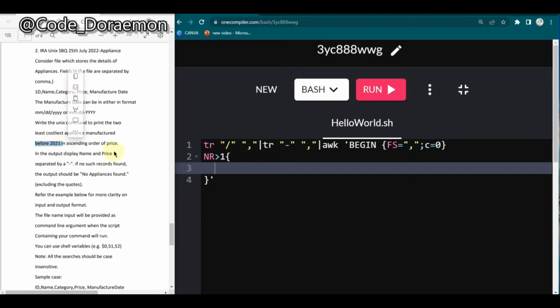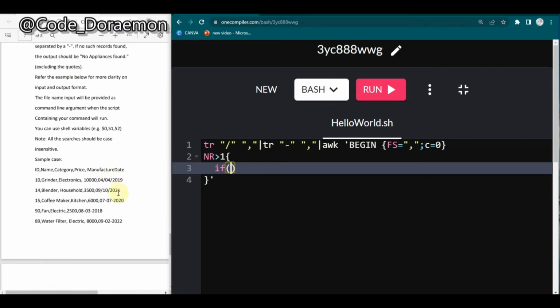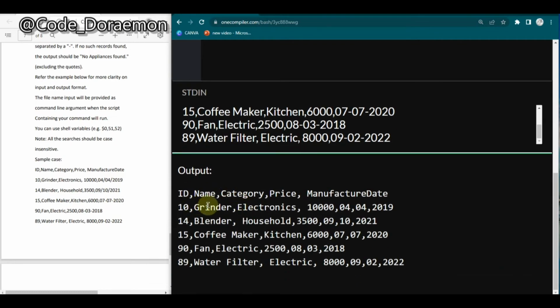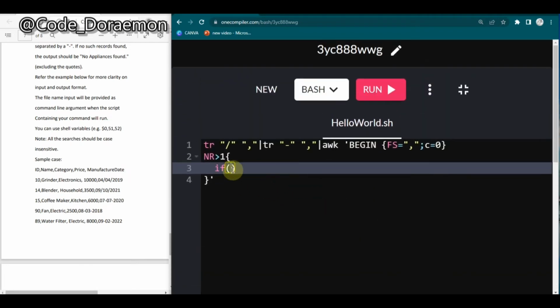So let's put that. The year comes up to $7 if we count in here: 1 2 3 4 5 6 7. So the year is $7, which is the 7th column. So here I'm just going to put $7